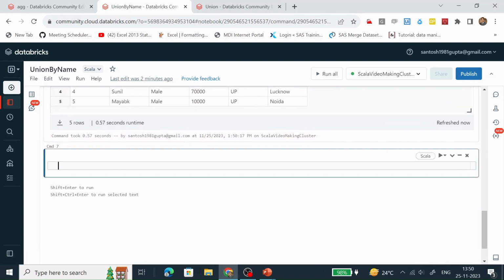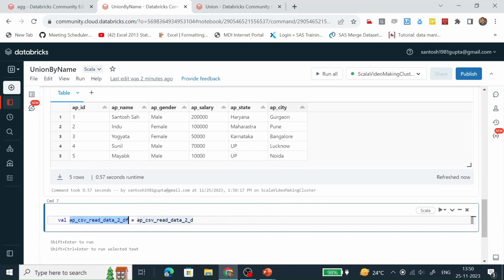So I am going to change the schema of this data frame with the help of the withColumnRenamed function.